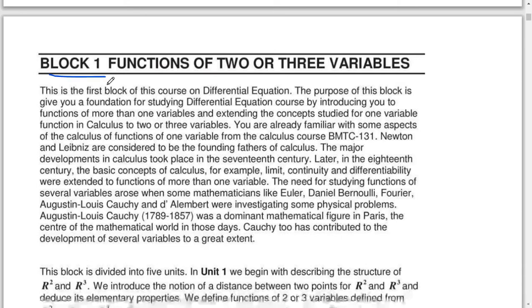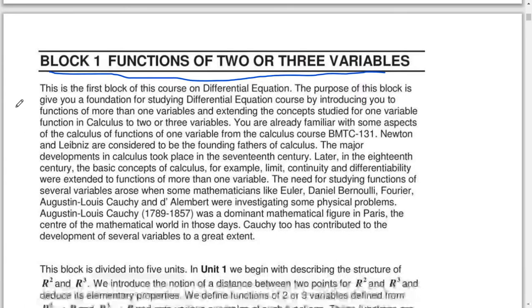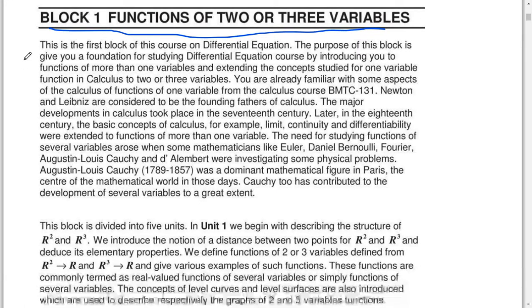Block 1 functions of 2 or 3 variables. This is the first block of this course on differential equations. The purpose of this block is to give you a foundation for studying the differential equations course by introducing you to functions of more than one variable and extending the concepts studied for one variable functions in calculus to 2 or